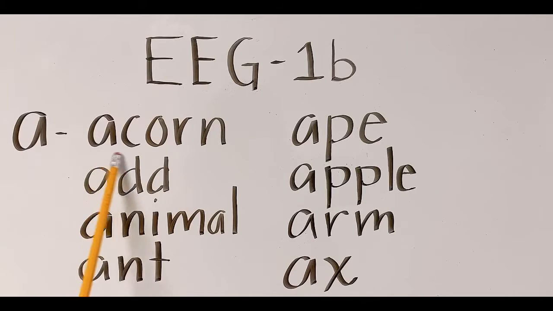First, acorn. Okay, acorn. Now, notice the sound of A here. It's prolonged. A. Okay, acorn. Next, add. Add. Okay, so the sound is ah, the basic sound ah. Next, animal. Okay, animal. Next, ant. Ant. Okay, next,